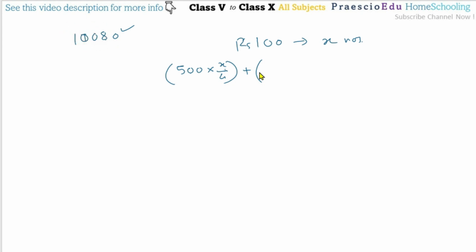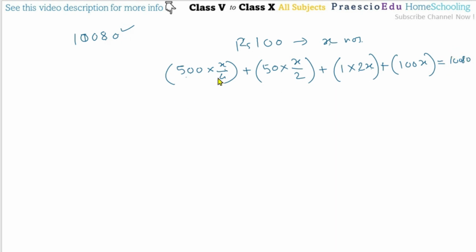So next after the 500 rupees, the 50 rupee notes, so 50 multiplied with this count, also with respect to the 100 rupee notes. This is half, means x by 2. Then plus 1 rupee notes are twice the 100 rupee notes, means 1 multiplied by 2x. Then plus 100 rupees also, so 100 multiplied by x, because we have already assumed this is x, is equal to this amount, 10,080.